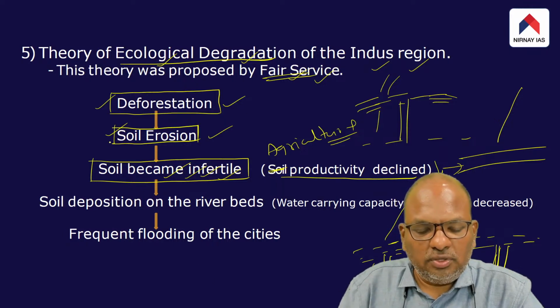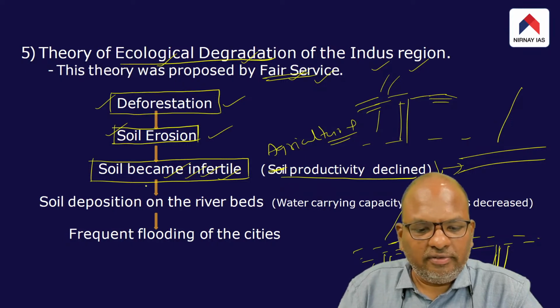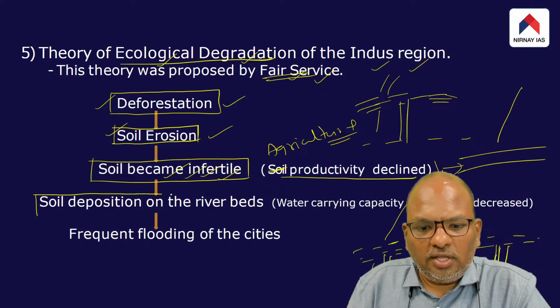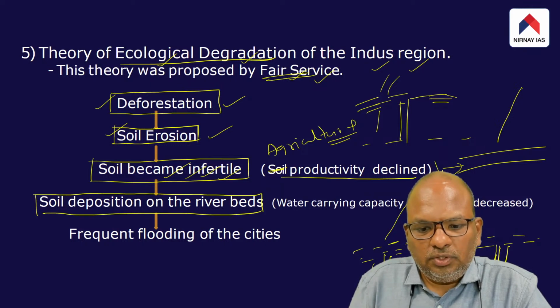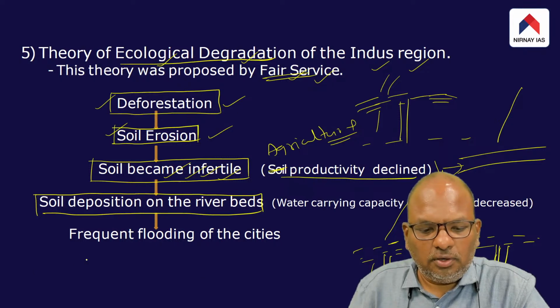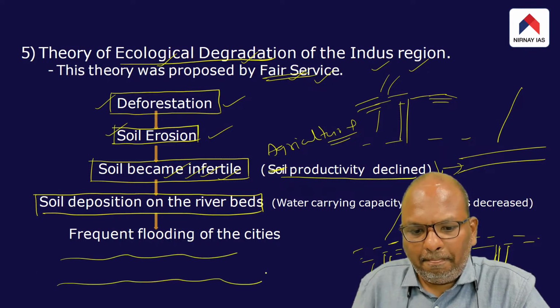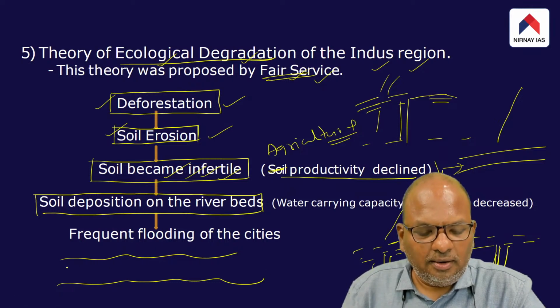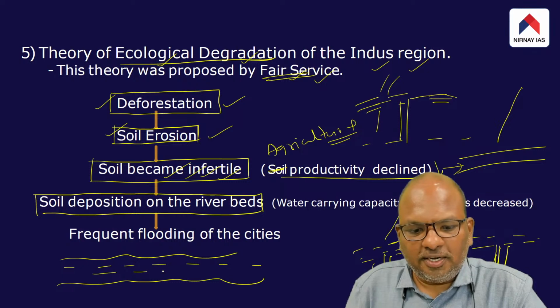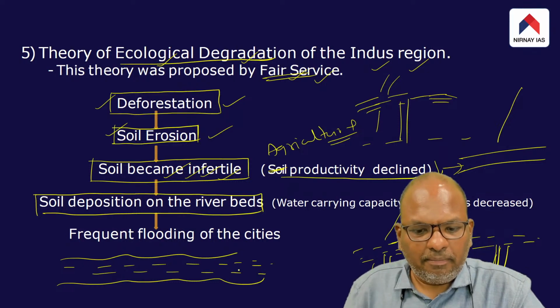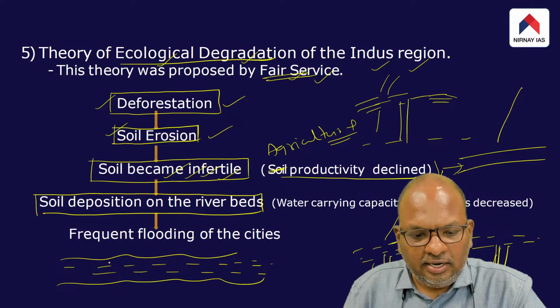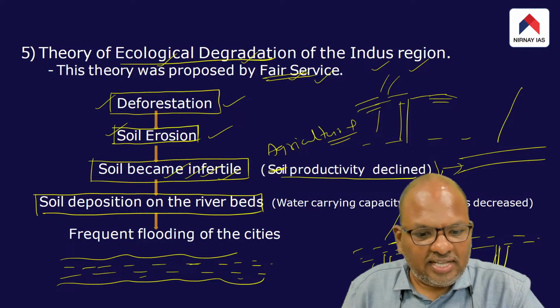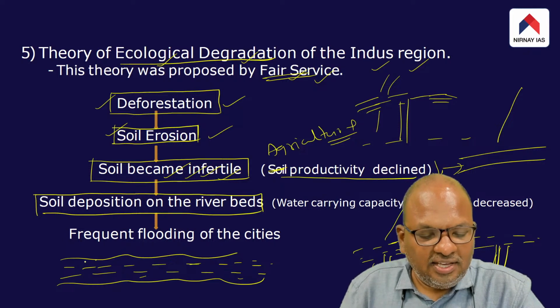Then what happens to that eroded soil? According to Fairservice, the eroded soil began to get deposited on the river beds. Say this is a river channel at a point. Fairservice argued that the eroded soil began to get deposited in the riverbeds, and as a result, the water carrying capacity of